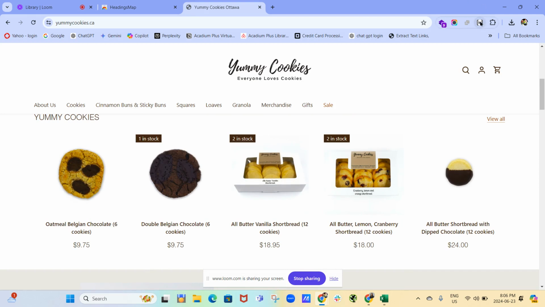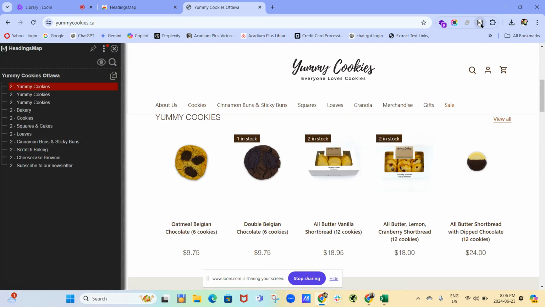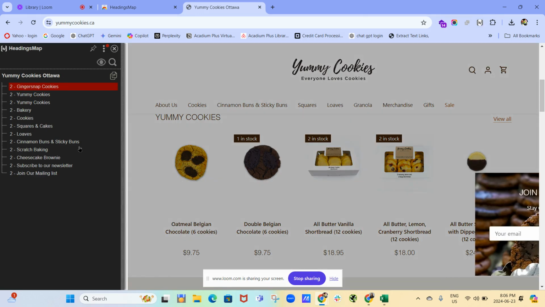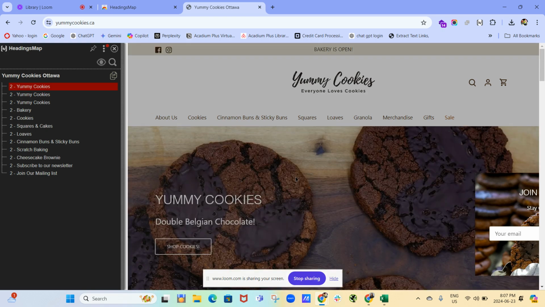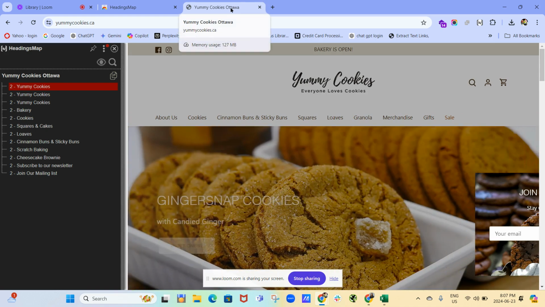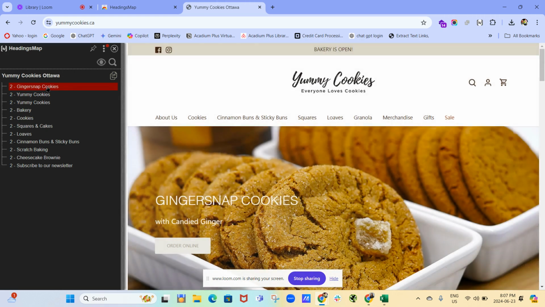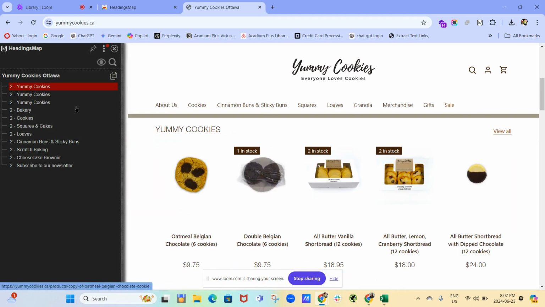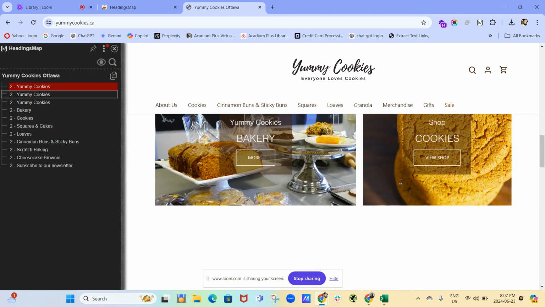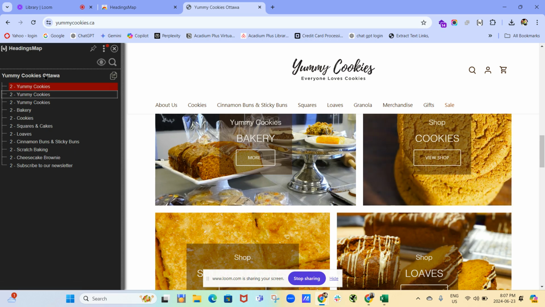All right, so now we're going to click on the extension HeadingsMap, and then it opens up on the left-hand side a list of all the headings. Now, it doesn't look terribly exciting, to be honest. Looks like Yummy Cookies is probably the H1, just looking at the site. Or no, that's actually the title tag. All right, so then it looks like Ginger Snap is an H2. Yummy Cookies is H2. Okay, so it gives us a breakdown of all the, I guess, titles on the page,